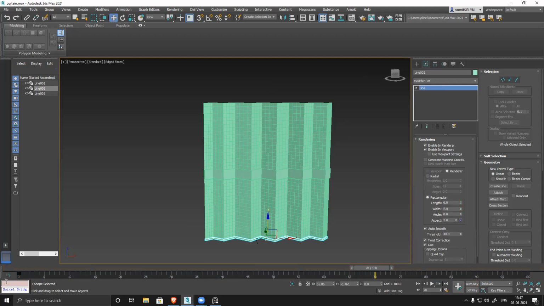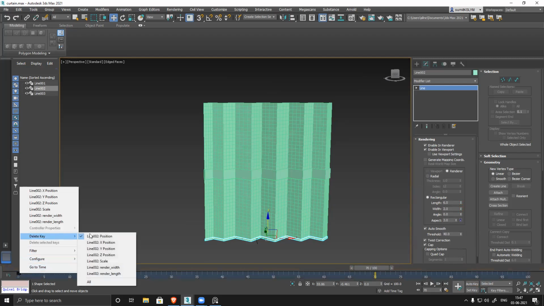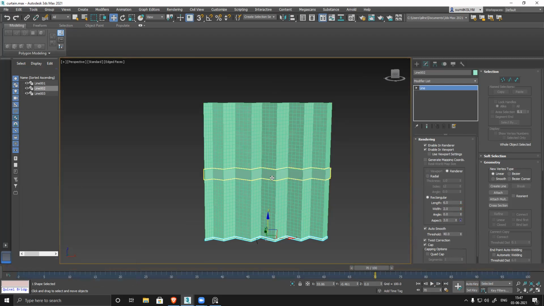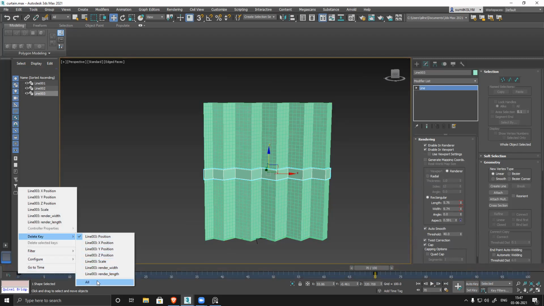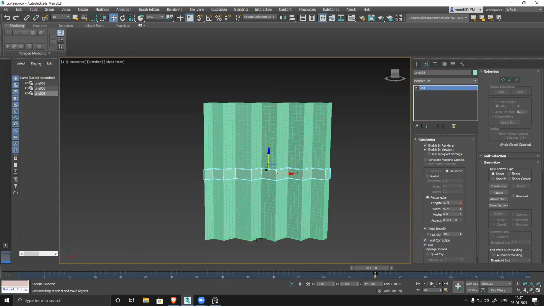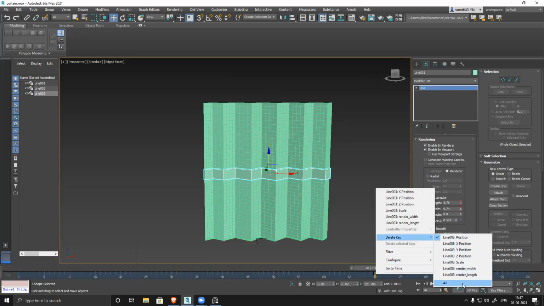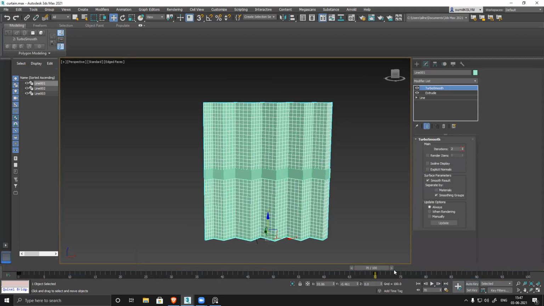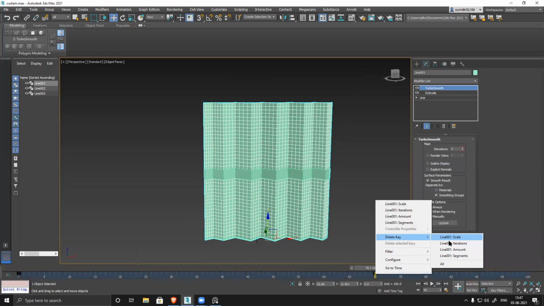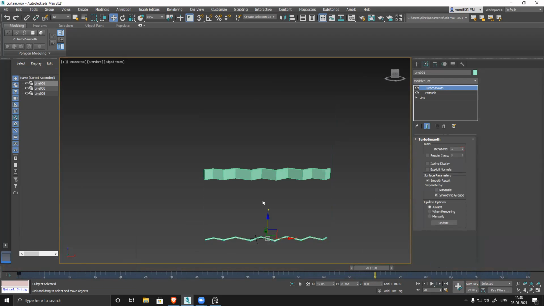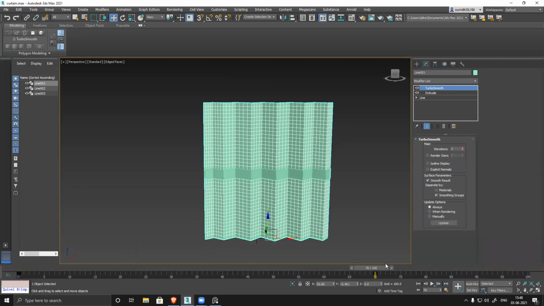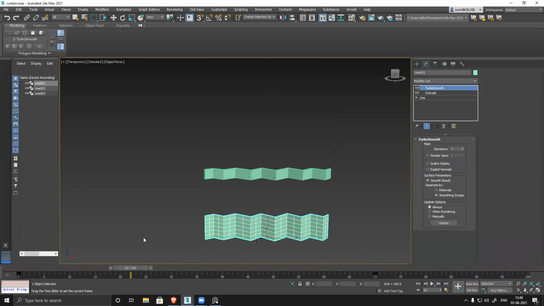Oh, my auto key is on, that's why. So everywhere the key is connected, so I just have to remove it. So make sure it's not on. See, everywhere it's connected, so it created that automatically. See, it became an animation basically.